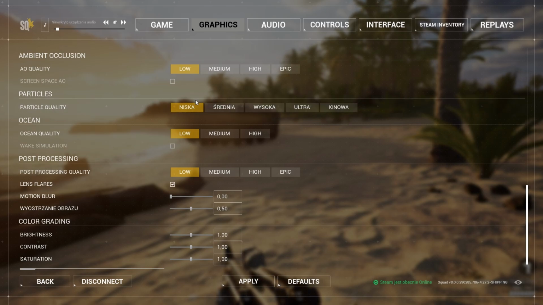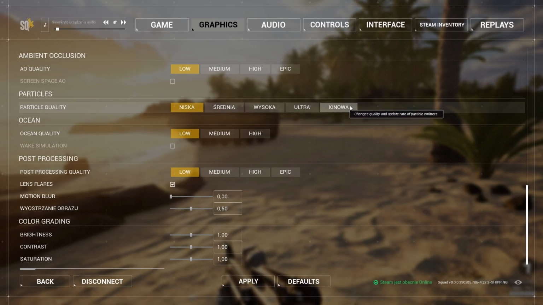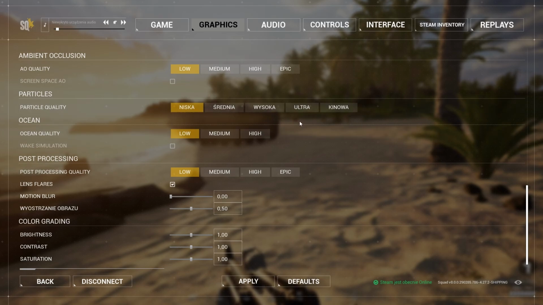I don't think the medium is worth it, because the effects still look very nice at low setting, guys. And believe me or not, when there's a lot going on, for example an artillery strike, you will lose many of your FPS when you run ultra or cinematic. So it's really preference, I would say. But for most of you, definitely run on low.